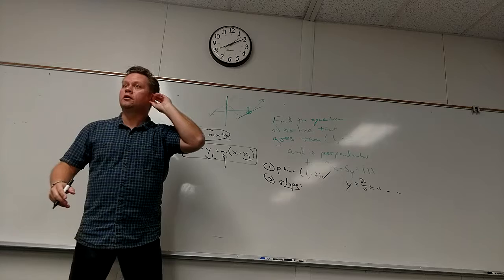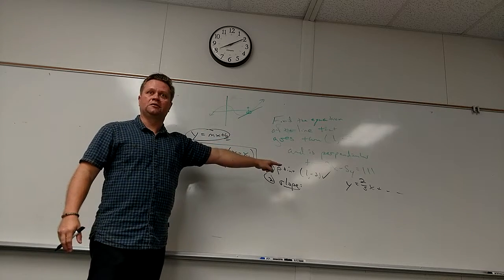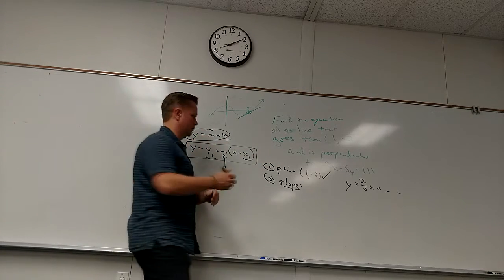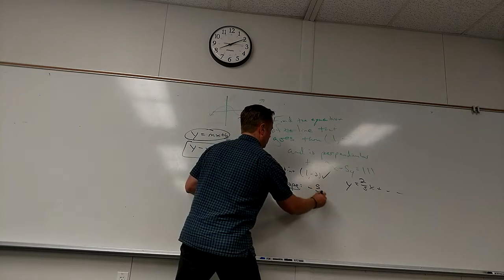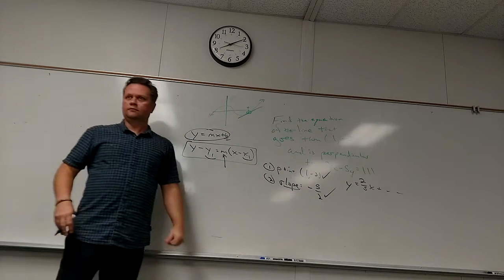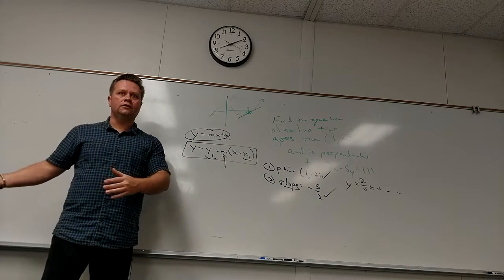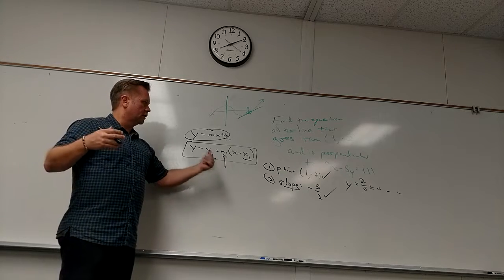Which one? The perpendicular line? What's that guy's slope? 2/5. Okay, so what's my slope? Maybe 5. Check. And now that I've got those two things, normally when I teach this back in Math 90, I'll say